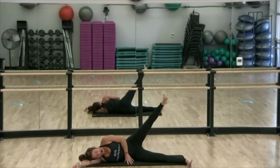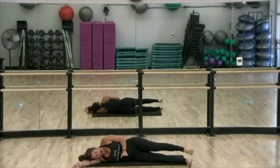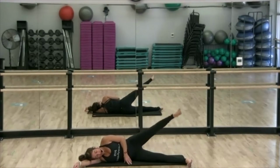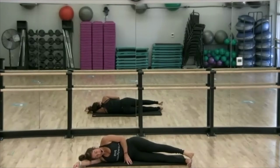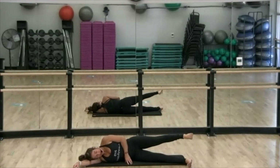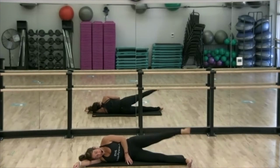Notice it's not a very huge movement. You're keeping within a range, right? You're still breathing. And you should be starting to feel some fire in that left side glute and hip. Last 3,